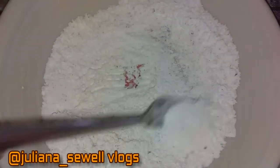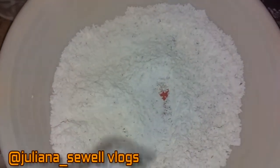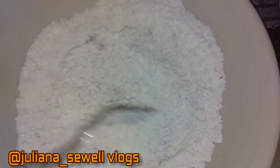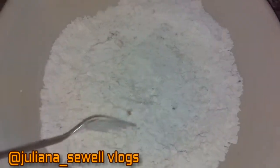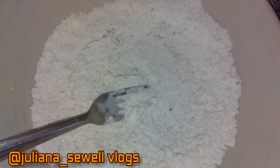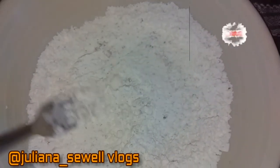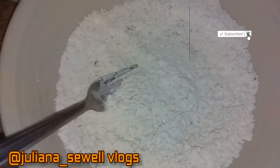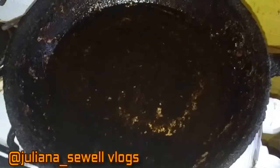This is the flour. I've already put seasoning to it. You put whatever type of seasoning that you want to. You can add a little salt to it. You see that I already seasoned the fish. I'm gonna add the salt. So I'm just gonna dip the fish into the